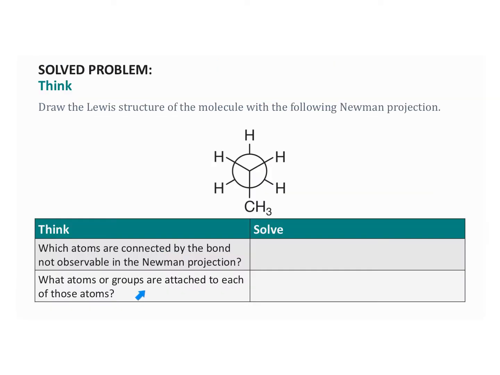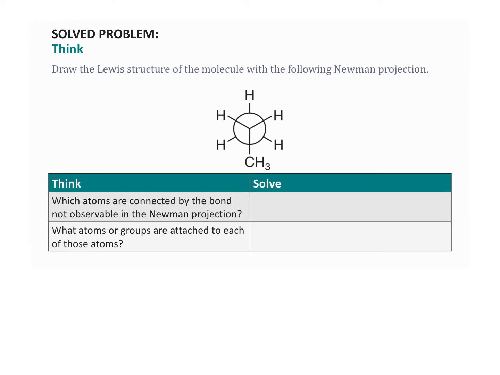So the example problem is to draw the Lewis structure of the molecule with the following Newman projection. So if we look at this, we need to ask ourselves these questions. Which atoms are connected by a bond not observed in the Newman projection? And then what atoms or groups are attached to each of those atoms? So what we're trying to do here is go from this Newman projection into a molecular formula,